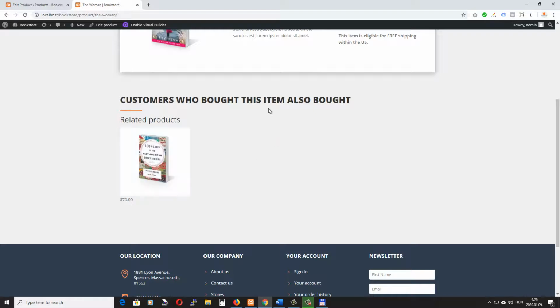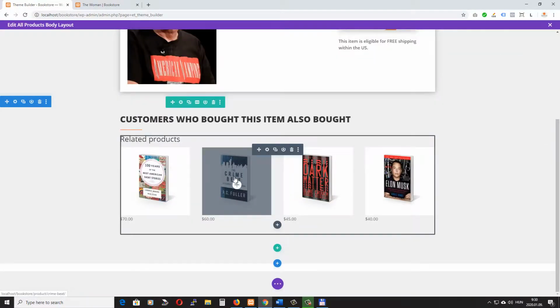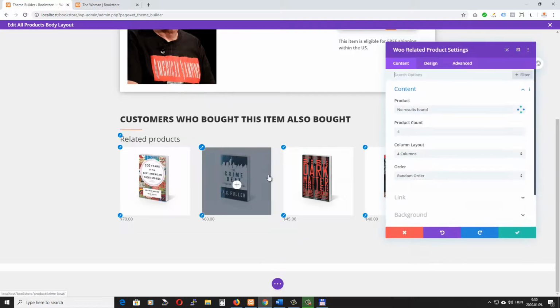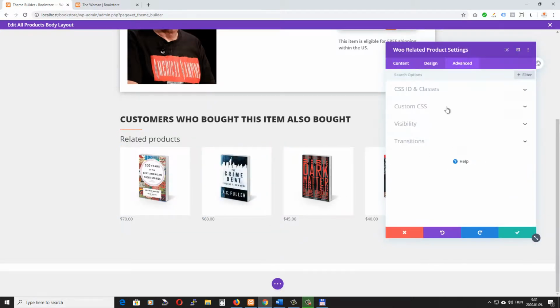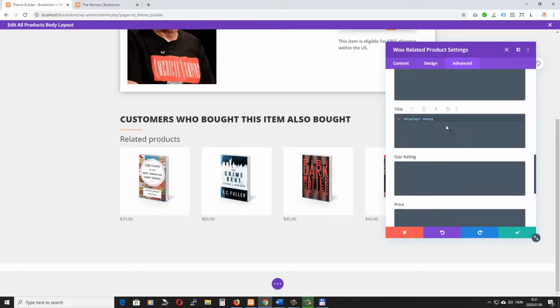we have the product displayed, but we also have the title. So I must have done something wrong. So let's go back. Theme builder. Okay, let's check this again. Advanced. So in the custom CSS, if in the title section I'll add display none, this should not be visible. So I'm sure this is in the right place. It's probably Divi acting up again. So what we can do